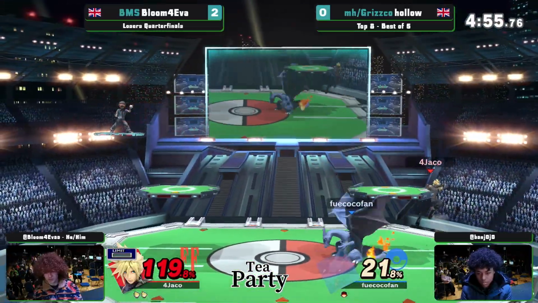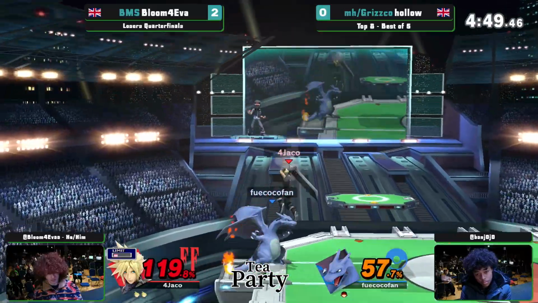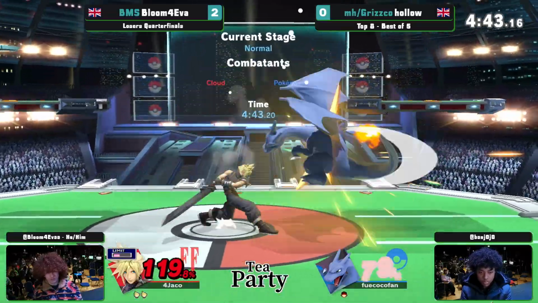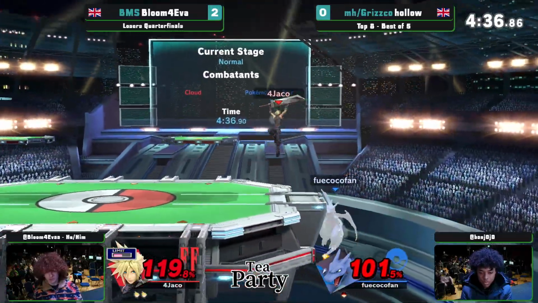But Bloom is just playing with all the momentum right now, chasing down with that side B as well. The percentage keeps climbing, Moke. Ooh. There's an aggression to the way Bloom's playing with Cloud. Some Clouds will just run in and spam back air on your shield. Bloom's just trying to bait you out of shield, basically. Shield's a good answer to Cloud, but if you mix the timing just as they're releasing shield,